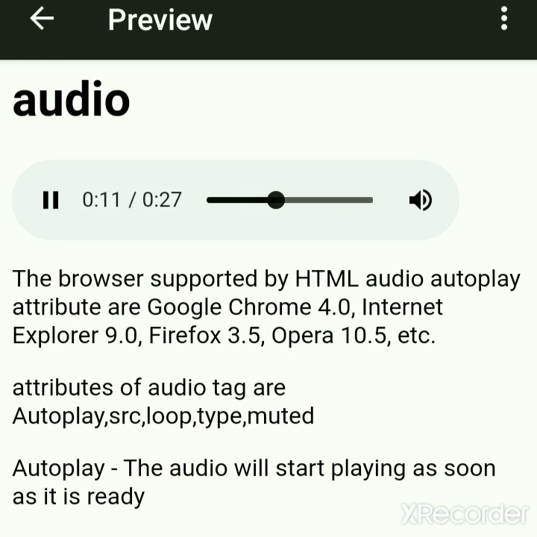This file is of 27 seconds. See, again it started.